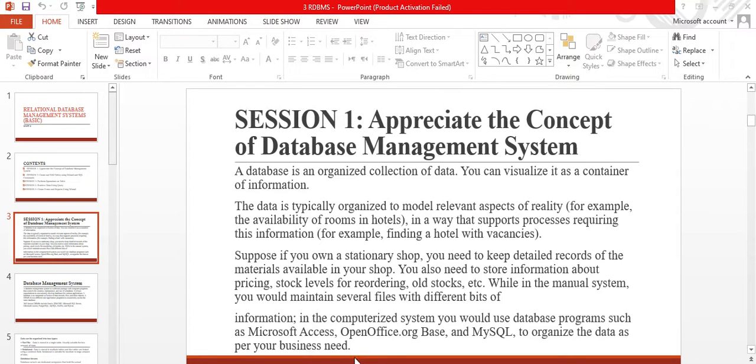In the computerized system, you will use database programs such as Microsoft Access, OpenOffice Base, and MySQL to organize the data as per your business need.